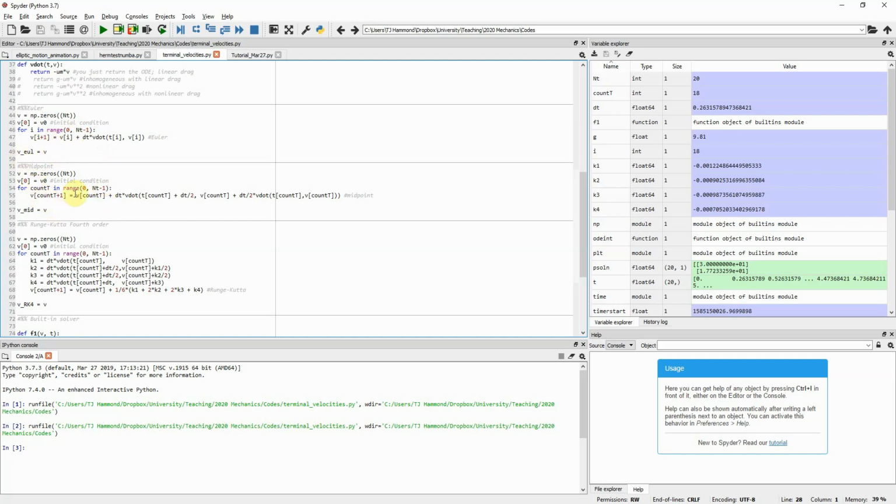But a far better algorithm is the midpoint algorithm, and as I discussed in the previous tutorial, all we need to do is, we have the exact same thing that we call it, well, I guess here I use I and here I use count t, but it doesn't matter, it's just some dummy variable. So we have the next velocity, or the velocity at the next time instance, is our current velocity plus this little dt, this time step, times v dot,